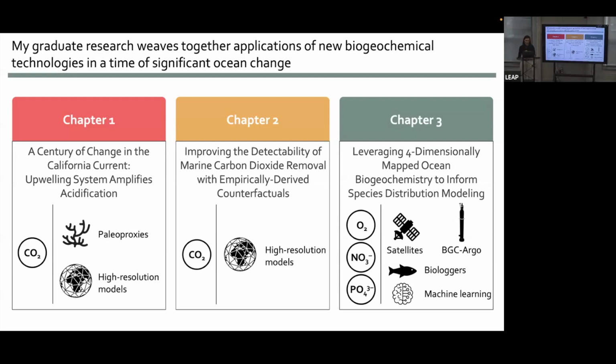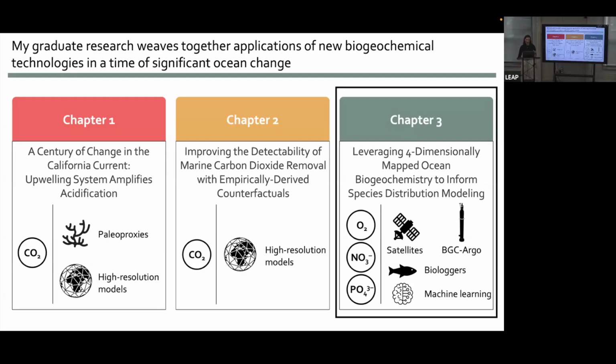So again, for today's talk, I'm only going to focus on this final project in graduate school, which assessed the value of biogeochemical information in modeling the distribution of a fisheries species. That's the only project in grad school where I used machine learning heavily. So I'll start with a quick overview of ocean biogeochemistry for those of you who are not as familiar, and why these chemical and biological processes and cycles are essential to marine ecosystems.